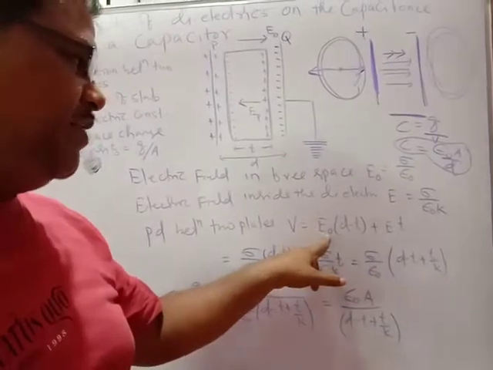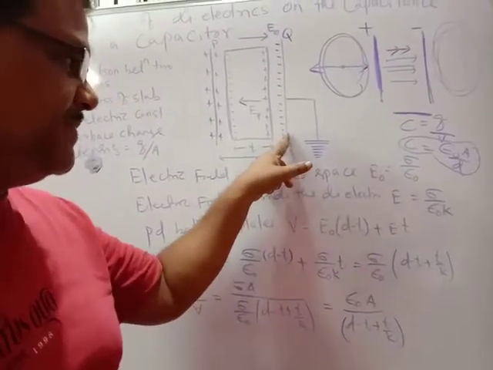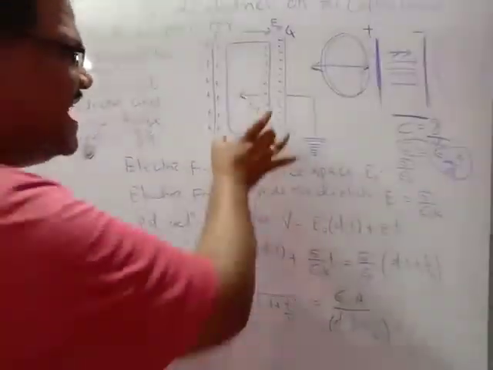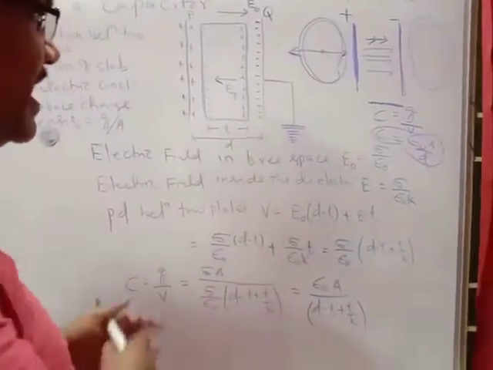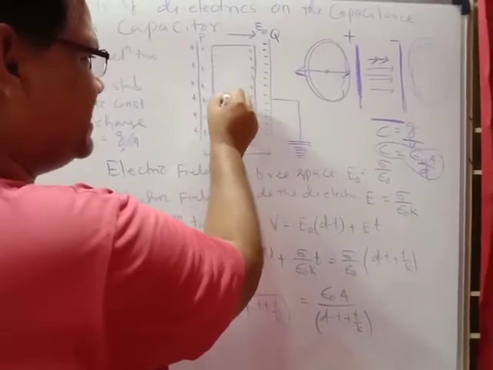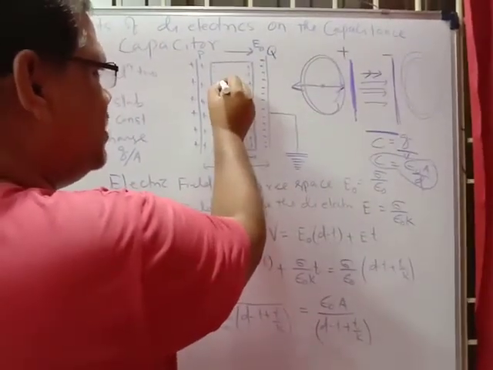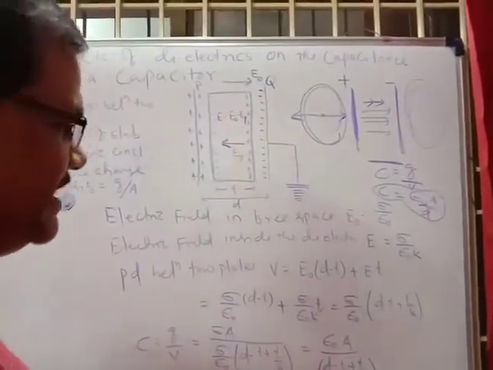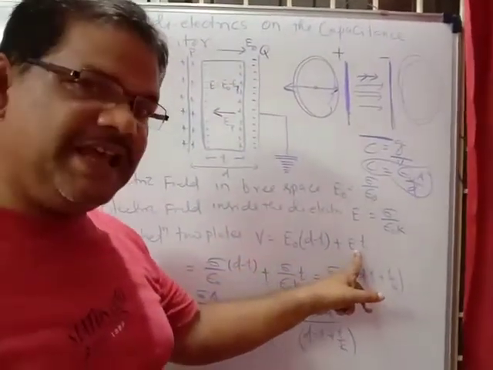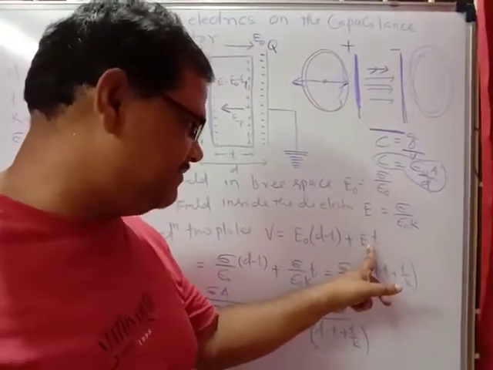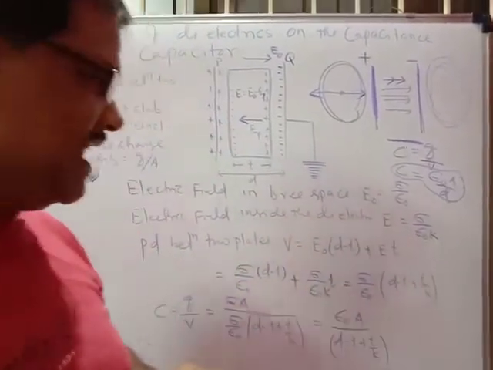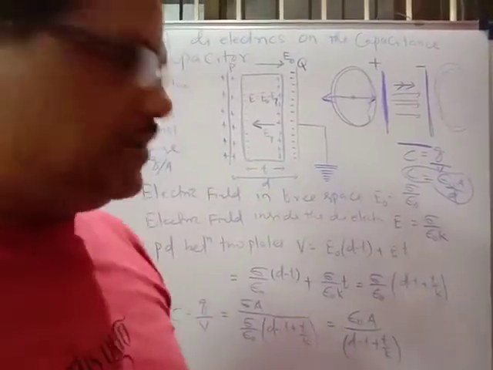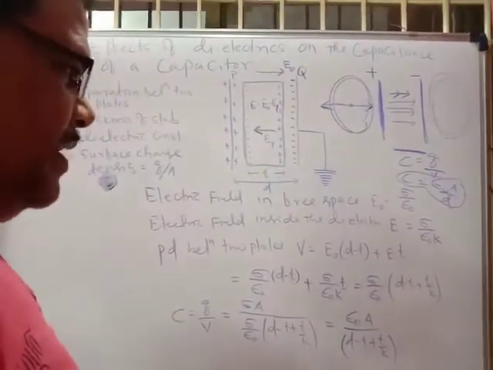So that is PD equal to E naught into D minus T, that is for the free space, plus the electric field intensity due to the slab, which is the net intensity, because EP is directed in this direction and E naught is this one. Here you are finding E naught minus EP. So that is the net intensity E inside the dielectric slab, and T is the thickness of the slab, because you know that PD equals electric field intensity multiplied with the separation between the two plates.